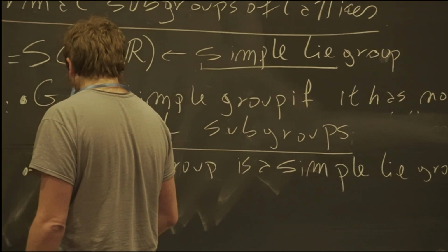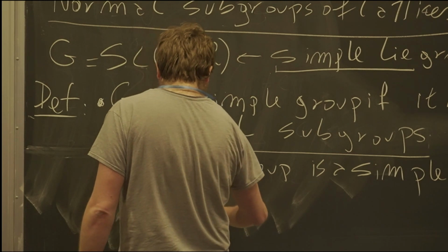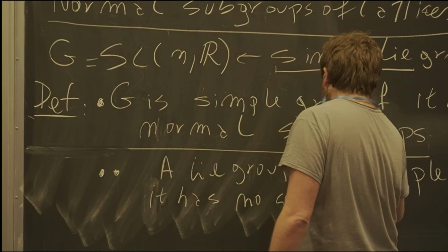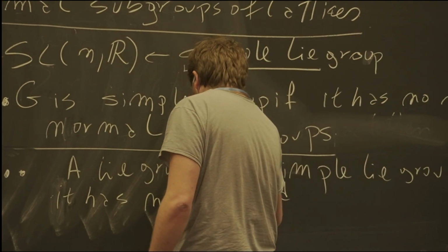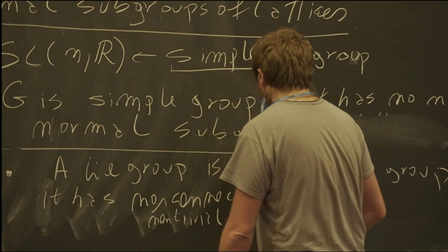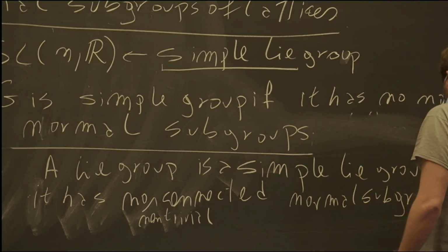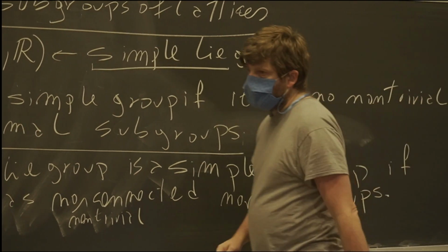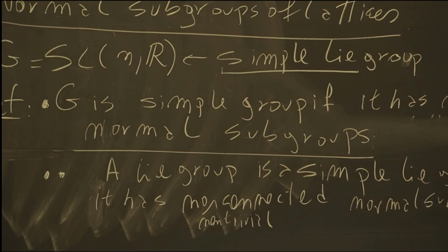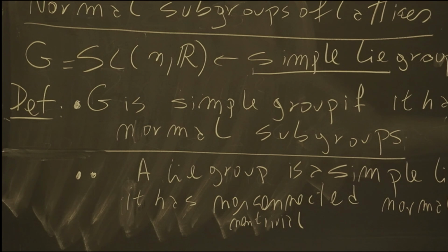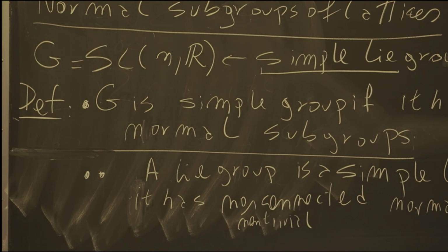if, let me put the simplest definition, it has no non-trivial connected normal subgroups. So every normal subgroup is essentially discrete. And the equivalent definition, which is the most standard definition, is asking the Lie algebra to be simple,